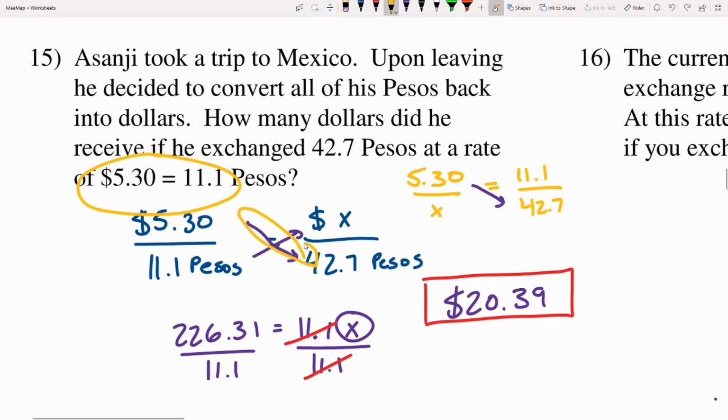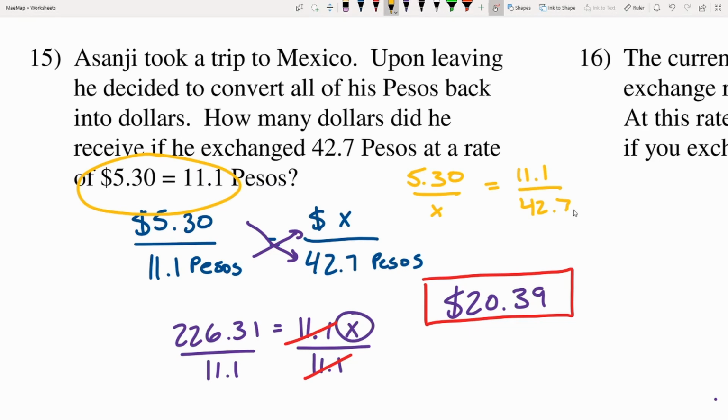It's the same as here, and then we'll divide by that 11.1 because 11.1 times X is that other cross multiplication. So you can see that we have the same proportion, it's just set up slightly different. But similar things will still be multiplied together. So there's not necessarily one correct way to set it up. However, there are definitely incorrect ways, so be careful making sure those numbers are related or linked together